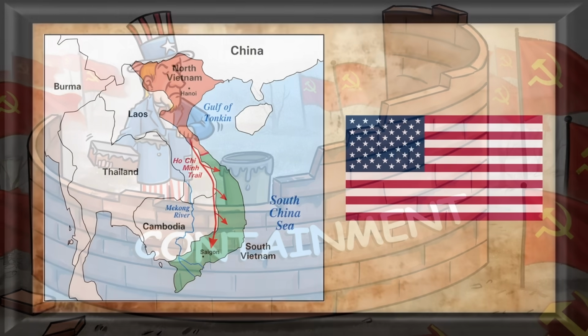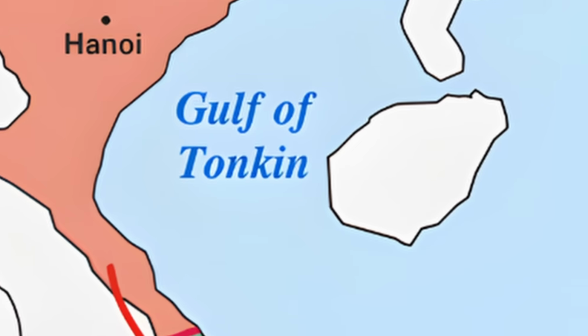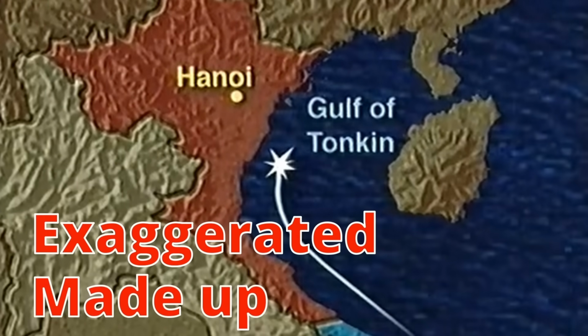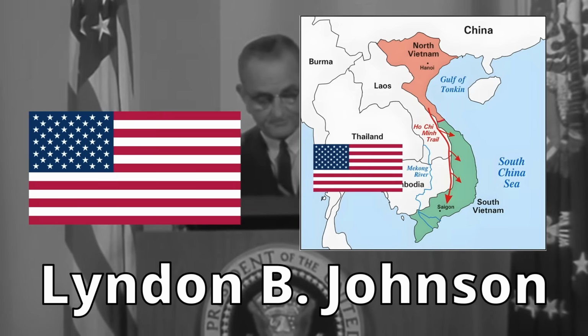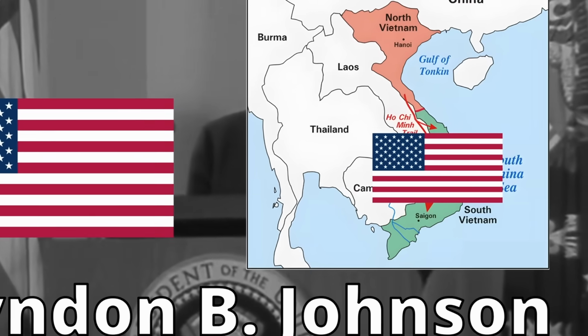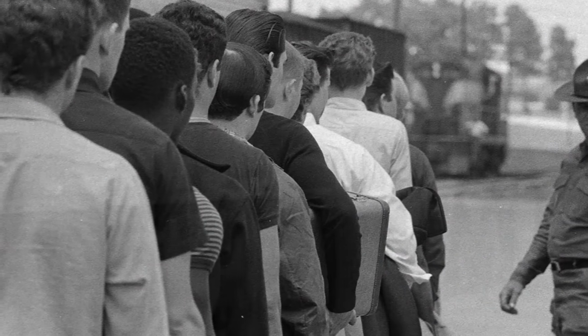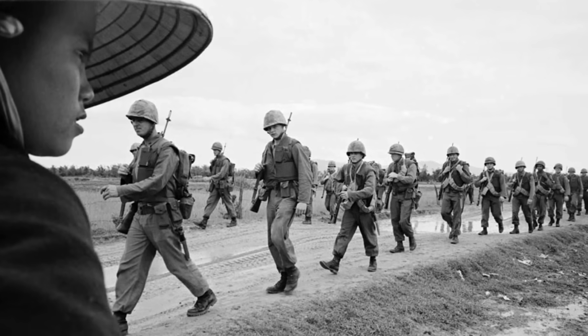So it starts off pretty simple. The US will start by sending money and advisors, but then the Gulf of Tonkin incident happens, where two US boats are attacked by North Vietnam. Now, in retrospect, this incident was very exaggerated and parts of it were likely made up, but it didn't really matter because it caused the president at the time, Lyndon B. Johnson, to use the incident to justify full military involvement in Vietnam by the US. And so, the US will officially enter Vietnam. It will implement a full military draft and send hundreds of thousands of untrained young boys to fight, and it will quickly become a full-on war.